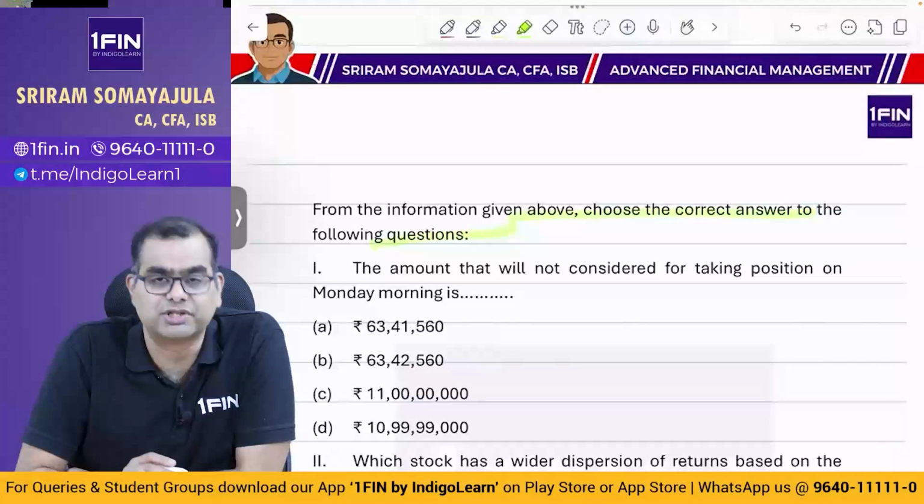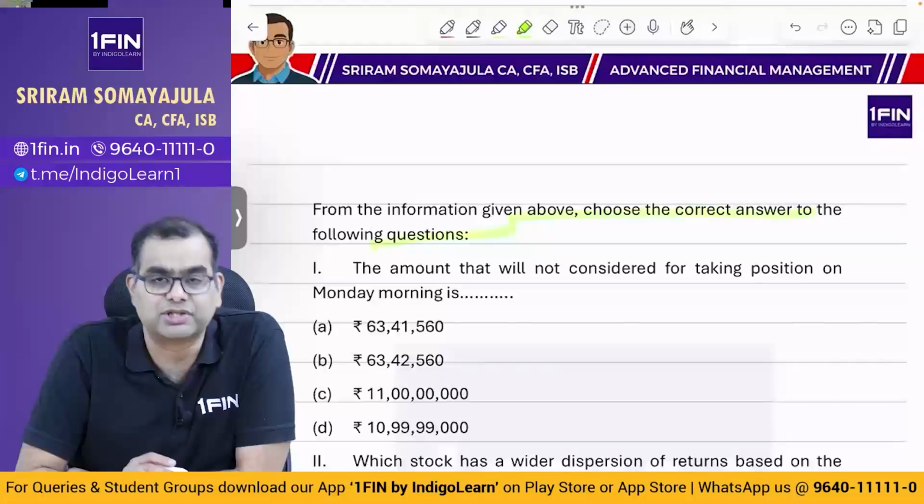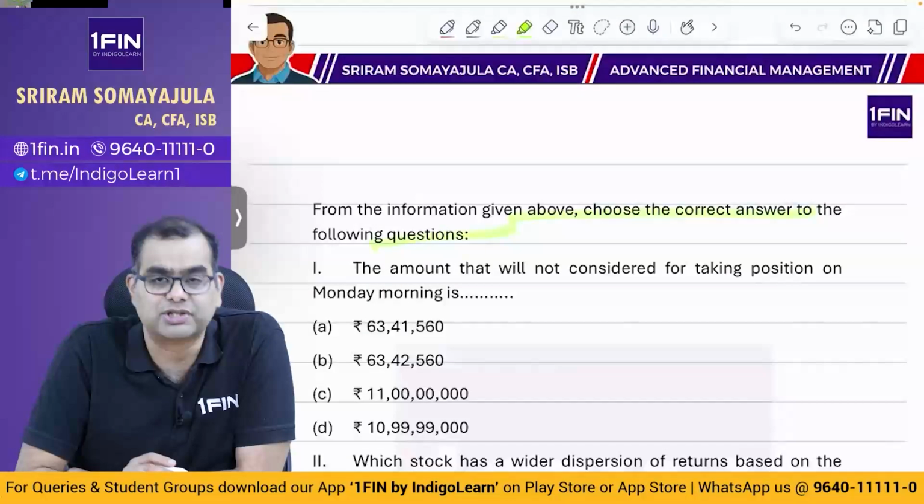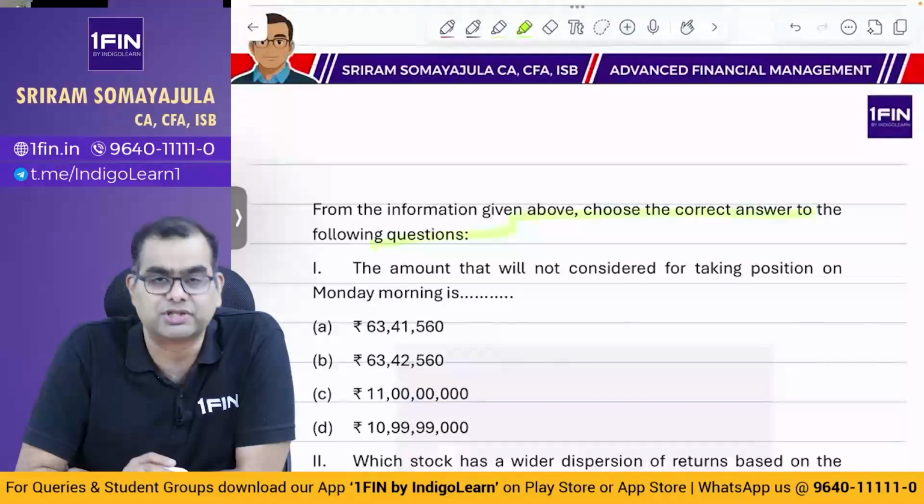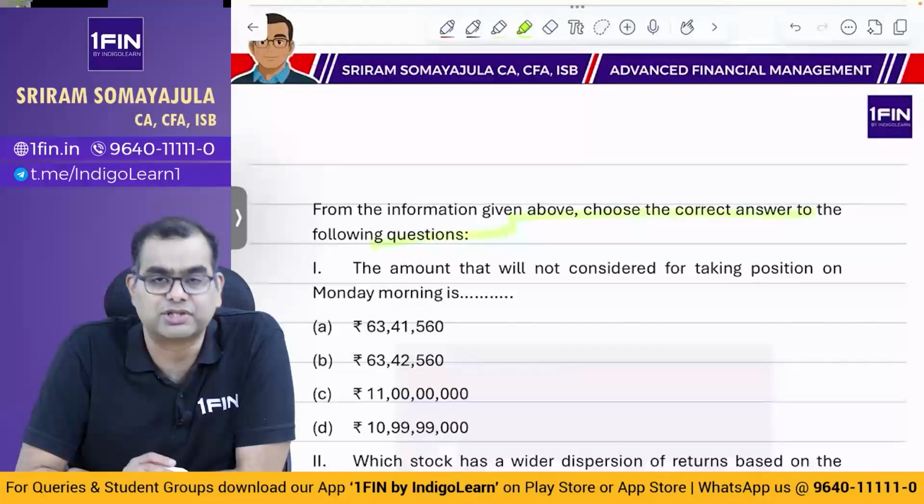Very, very clear. Why? Because the values are far greater away from the mean. See, the probability values are probably close by, but the absolute values, how far are they away from the mean? Here you have 420, here you have 210. So mean is 8, but for B, the values are far away from the mean. So you need not actually compute the standard deviation also. Which has greater dispersion? Answer is B, stock B. Very simple. You need not actually get into other details.